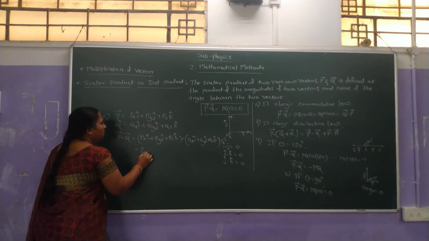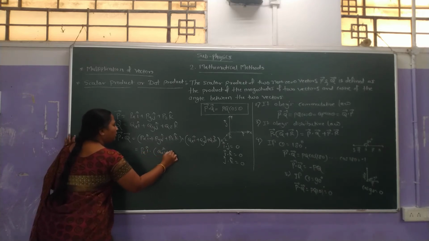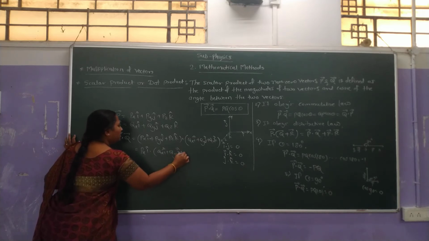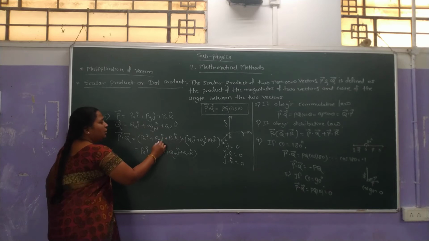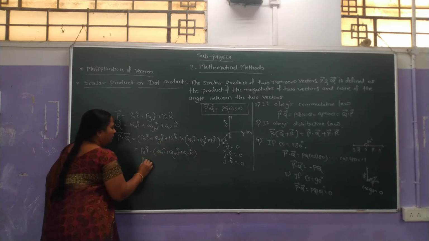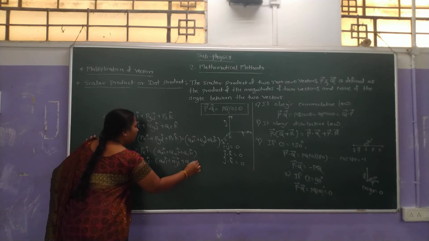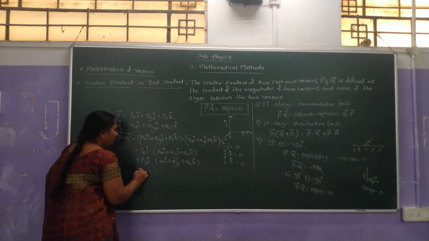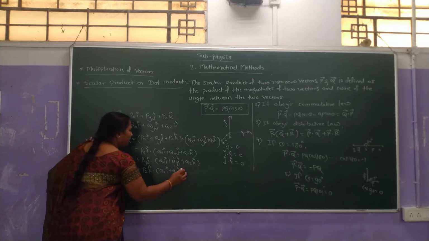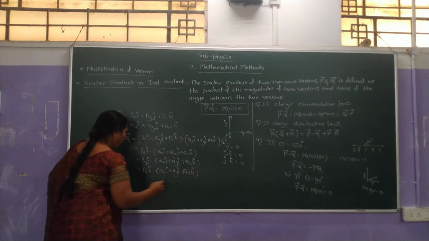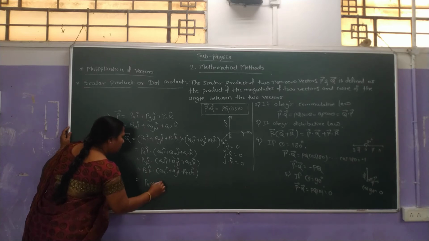The product of both means px i vector dot the bracket qx i vector plus qy j vector plus qz k vector, plus py j vector dot the same bracket qx i vector plus qy j vector plus qz k vector, and plus pz k vector dot qx i vector plus qy j vector plus qz k vector. Therefore, px qx in bracket i dot i,